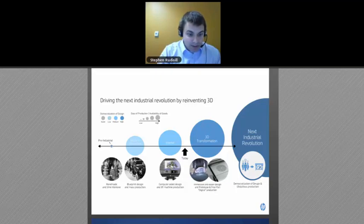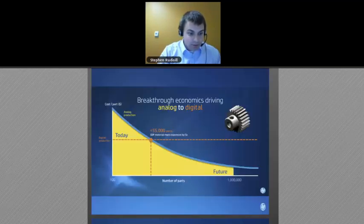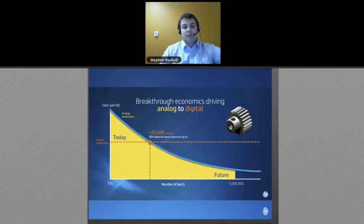So there are several advantages that come along, several future things that we hope we'll be moving towards. But I'm going to throw up this chart right here. It's similar to something that HP's done before. We have experience in driving this analog to digital transition. This curve that you see is essentially looking at cost per part,